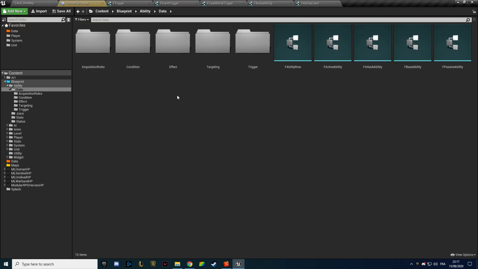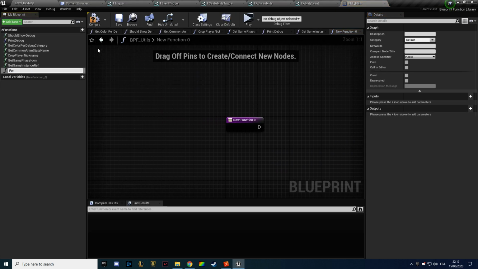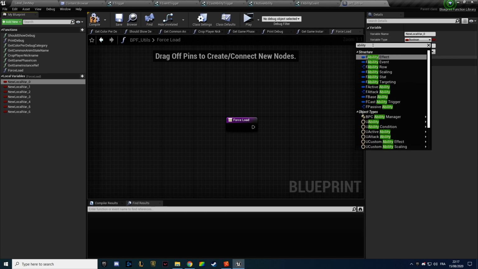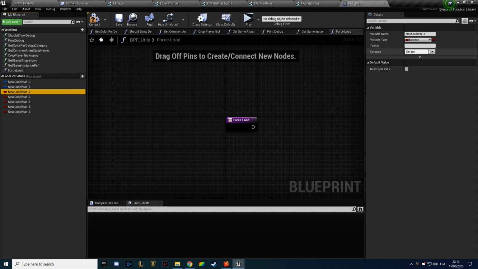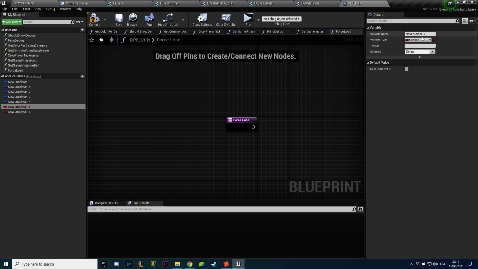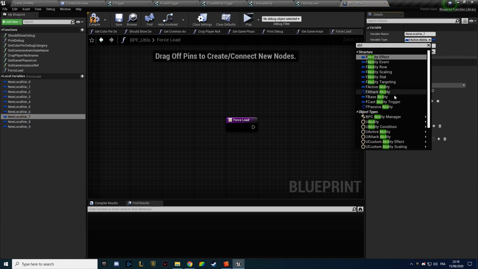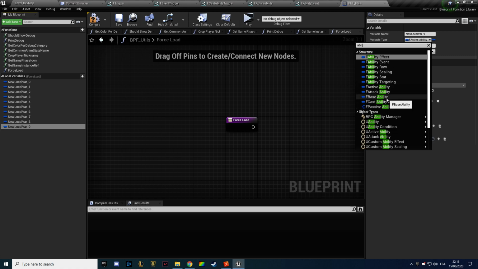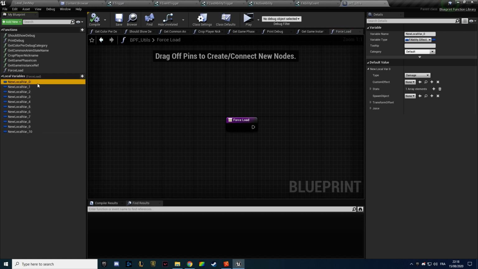I think there's one way to fix that for now. We're gonna open this up, create a new function, call this force load, and create a bunch of local variables. We want everything related to ability. So ability effect, ability event, ability row, ability scaling, ability stats, targeting, active ability, base, attack ability, cast ability trigger, passive ability, hit compile, hit save, and I think it's going to force them to all be